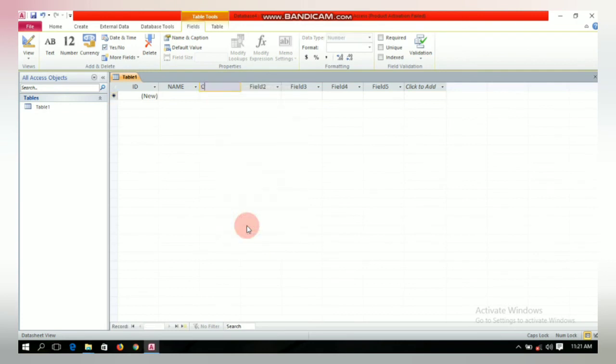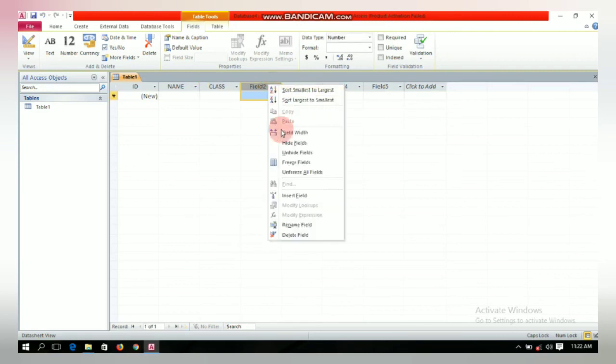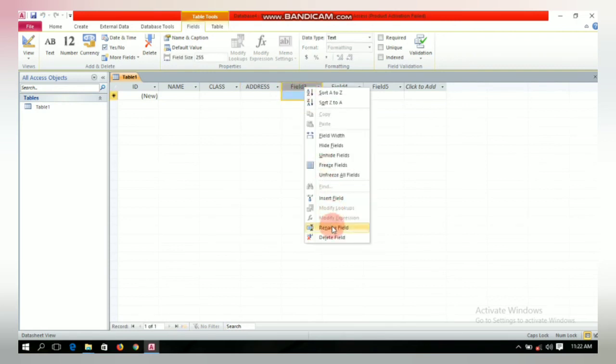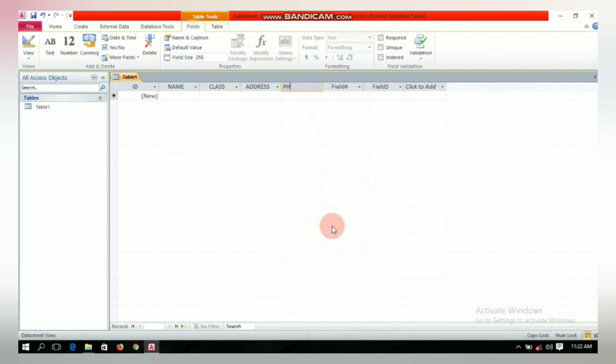Rename field, I will just enter class, and here I will enter address, then phone number. It's up to you. You can make any field whichever you want for a particular data.